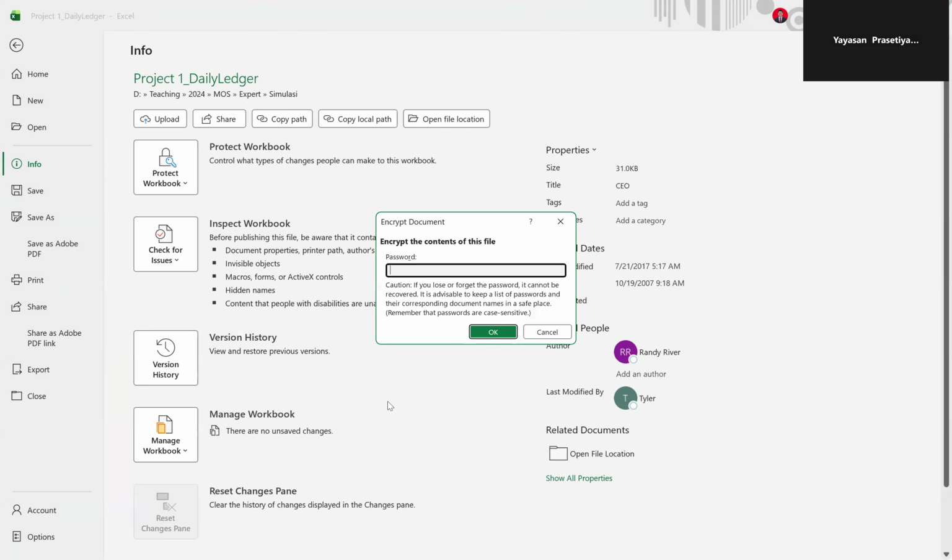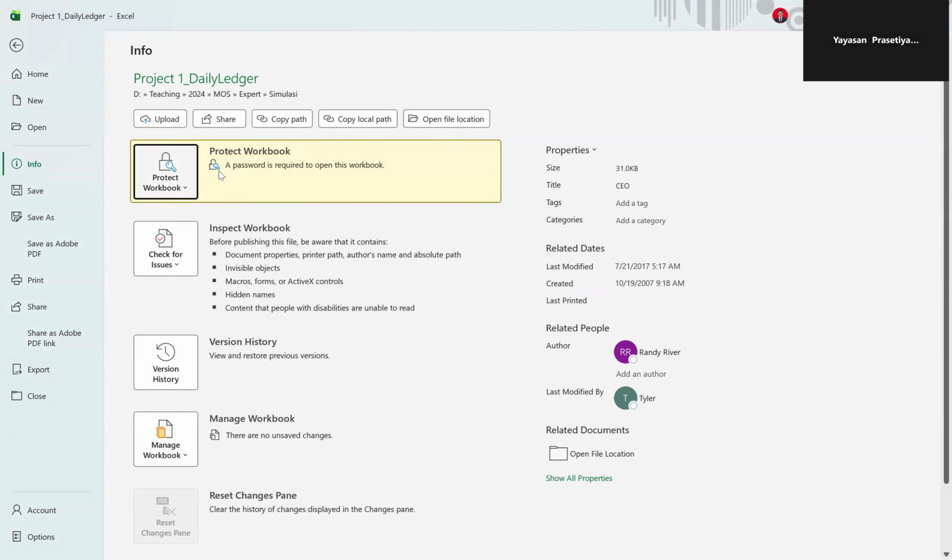Just set up the password using capital P at double S W O R D. Click OK. Reconfirm by retyping the password. Click OK. Okay, looks good. The document is now an encrypted, protected workbook.